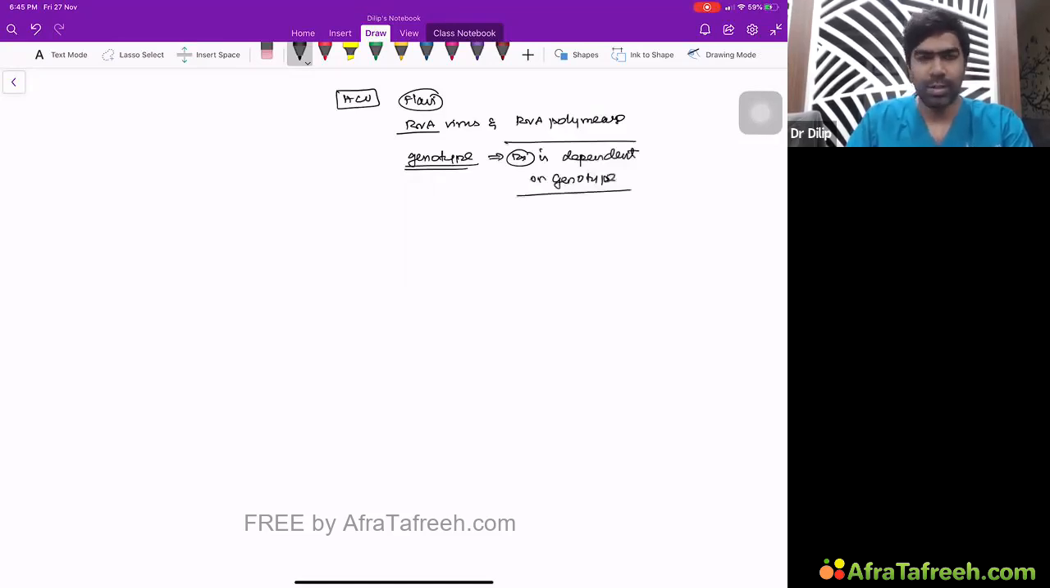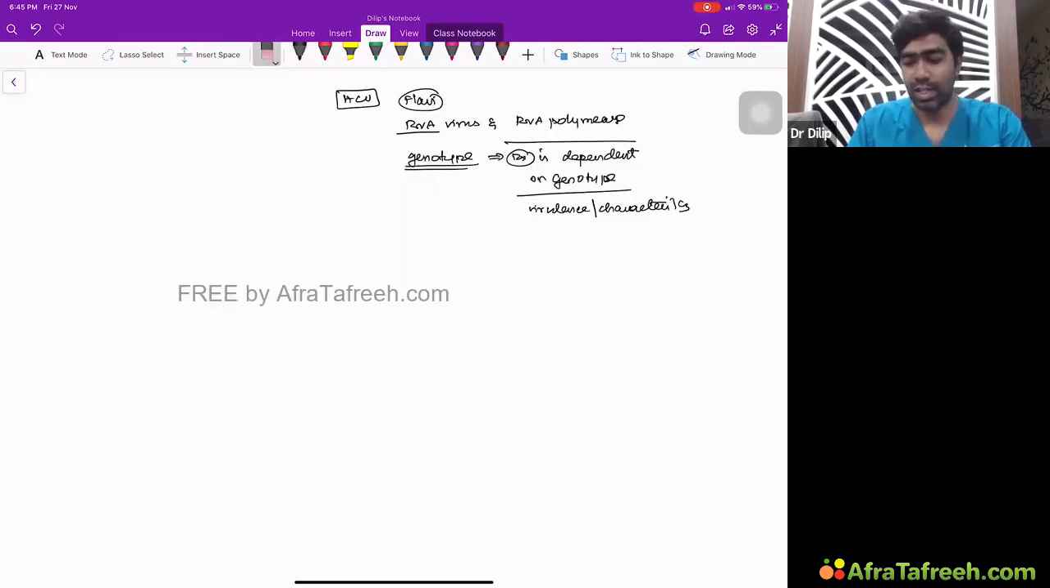In fact, the virulence, the characteristic features, the disease characteristics, all these things will be based on the genotype only. So that's why the genotype is very important as far as hepatitis C virus is concerned. For B virus, A virus, E virus, even though we learned genotype, it is not important. But for C virus, genotyping is really important. Number one. And at the same time,